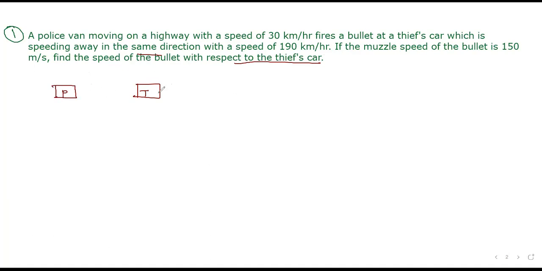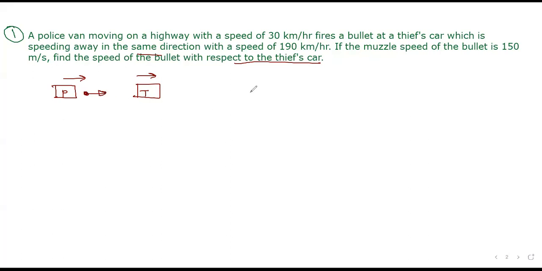car, right now. So they are moving in the same direction like that way, right? Both directions of velocity are what? Same, like this way only. Then what happens? A bullet is fired from the police car right now. So when you fire the bullet, the bullet also moves with some velocity here.